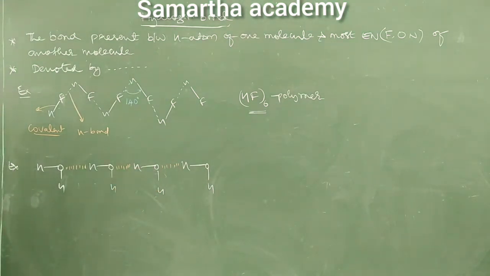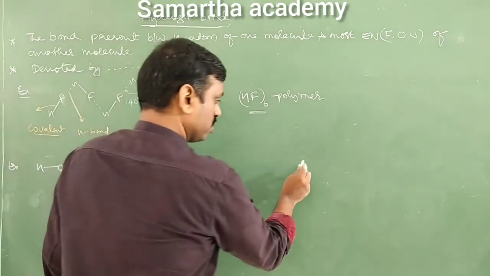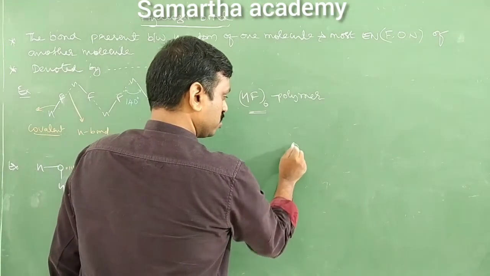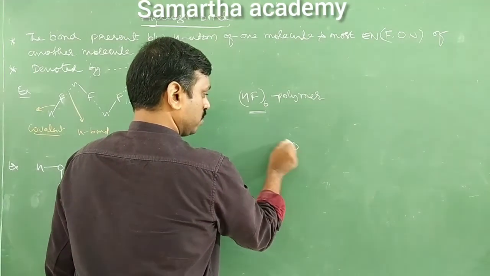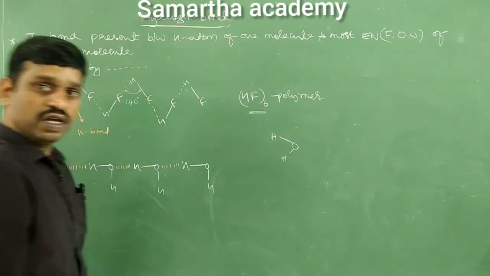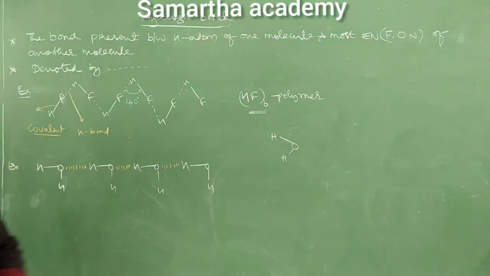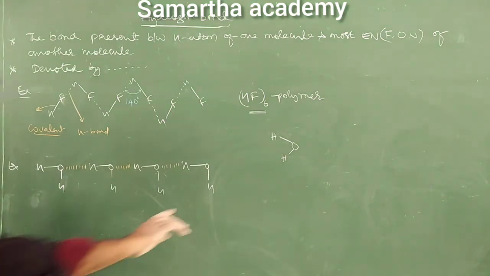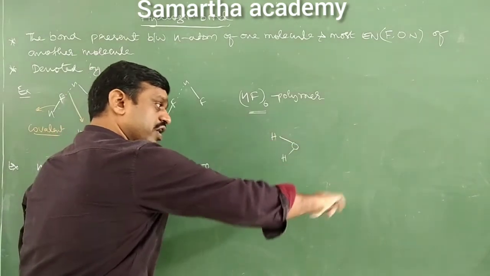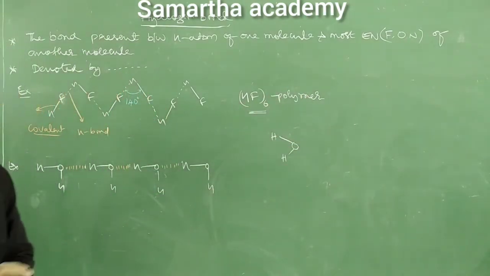But actually, in a water molecule, each water molecule can be linked with 4 water molecules. This is a CT question. How is it? Listen carefully. This is one water molecule. This one water molecule is associated with or linked with how many water molecules? Total 4 water molecules. So that means one water molecule gets surrounded by 4 water molecules due to hydrogen bond.